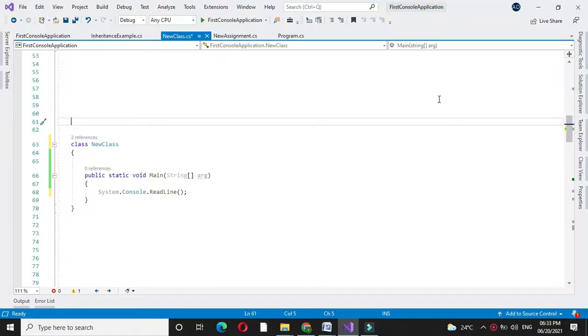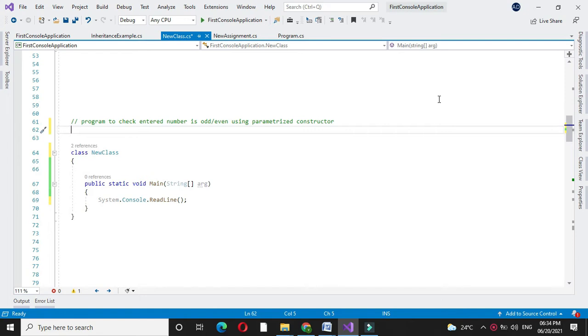Here we will write a program to check whether an entered number is odd or even using a parameterized constructor. So in a comment line we will write it. Since we are going to use a constructor, first we will declare one class